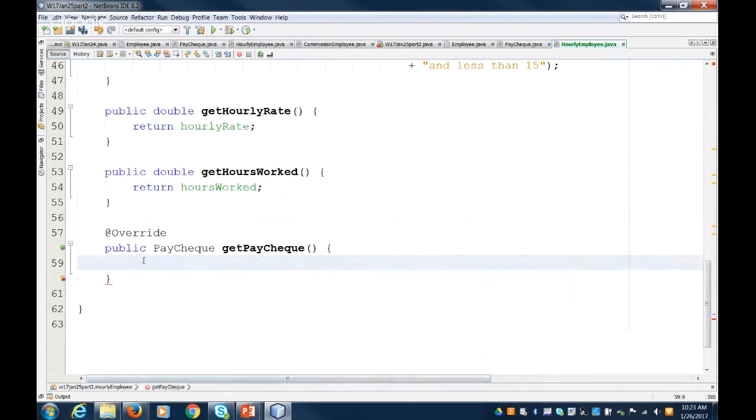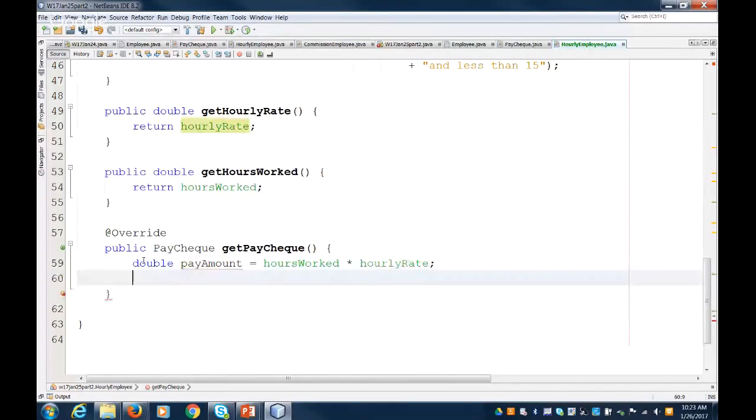So first thing is we need to figure out how much money did the person earn. So I'm going to say double amount equals the hours worked times the hourly rate. Right, so that's the standard formula for most of you. Then everything else we already know. So we can create a paycheck. So I'm going to say paycheck, new pay equals